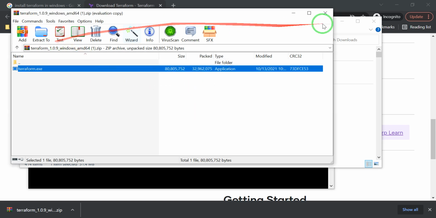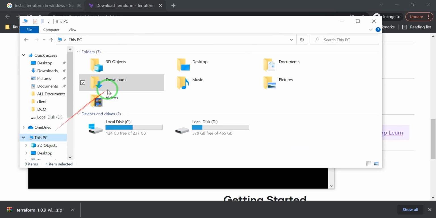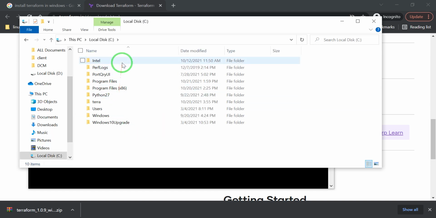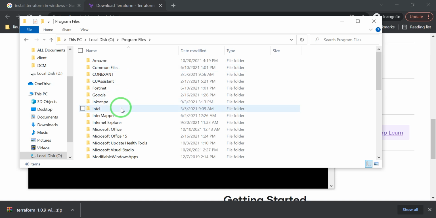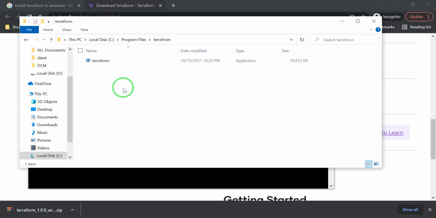You can extract it anywhere. I extracted it on my C drive, in Program Files, in a Terraform folder. I just pasted the exe file in this location. You have to do it as well.